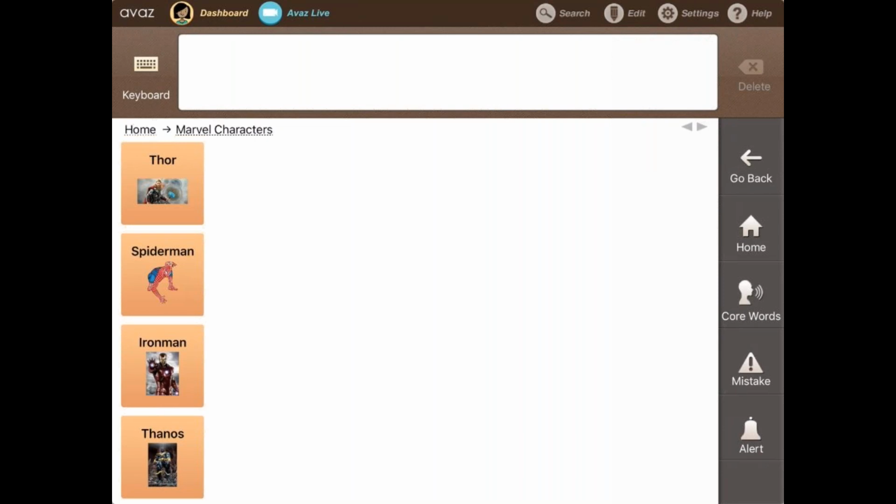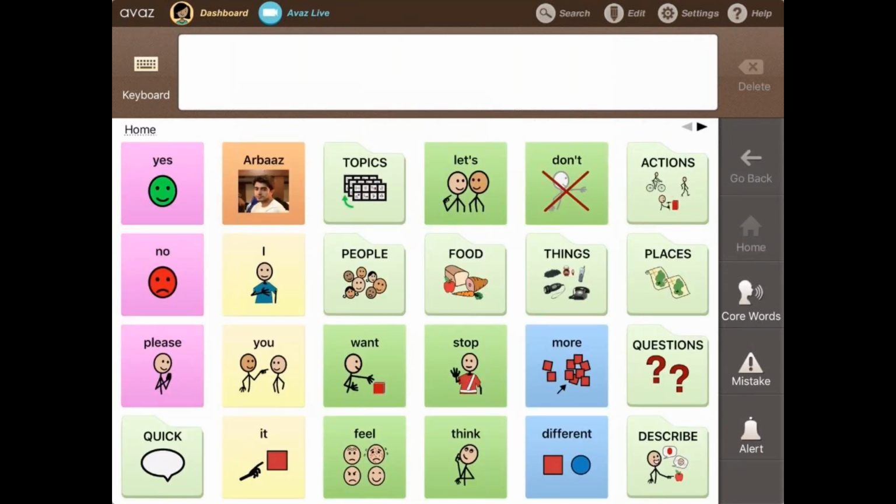So that was for the keyboard mode. Now I'm going to show you the backup and restore option that we have here. How this is helpful is, let's imagine a scenario where a child has a device at a school